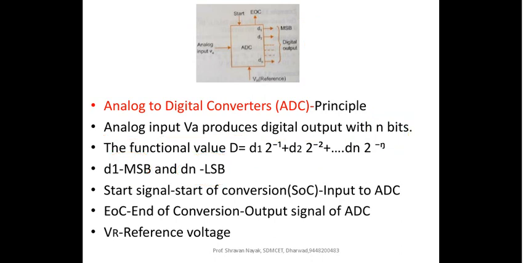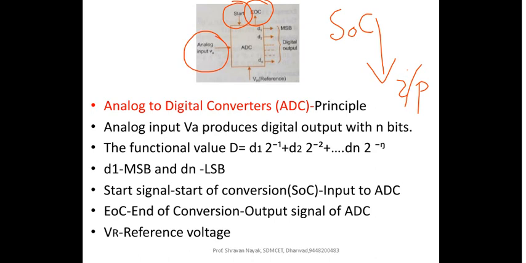And here you have two more signals, as I told you earlier. One is the start of conversion signal, SOC, which is the input signal to your analog to digital converter. When some analog input is made available in one of its channels, the external device has to inform the ADC that the analog signal is available, so now start converting it to its equivalent digital value. Of course, the conversion has to be synchronized with the system clock. This we will see when we look at the different types of analog to digital converters later.